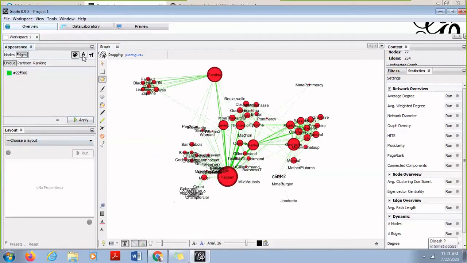Here the text option is also possible. If you want the text to be displayed, you can click on this, you can increase the size of the text and so on. So all these graphical changes, GUI changes, are possible when you use this tool. As per the requirement, you can make those changes.